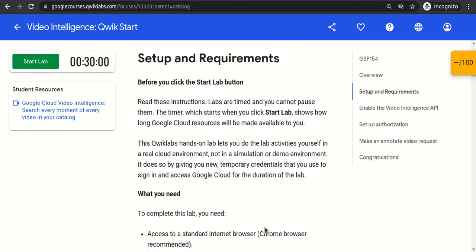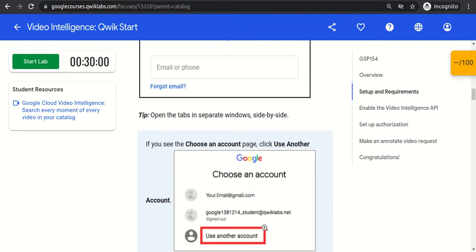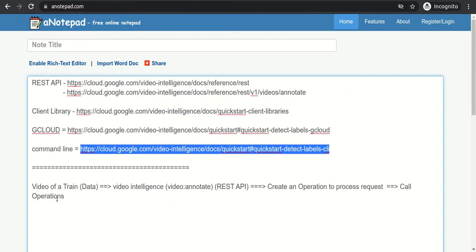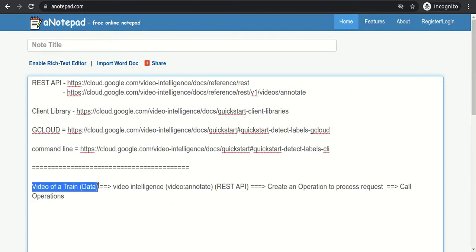Right, so let's start. In this we will have a video of a train as our data. We have two options. If you have any video, just create a bucket, a very simple option. Go to the Google console, click on create bucket, give it a unique name, create the bucket and upload your video file. That's it. Once we create the bucket, it will give the public URL of the bucket. Then we can pass that data to our REST API, and it will generate our output, right?